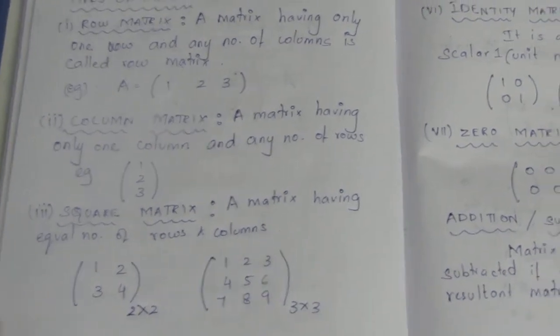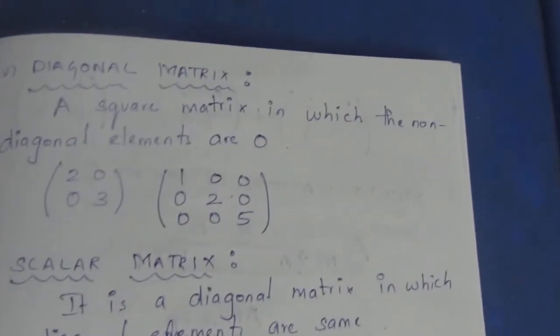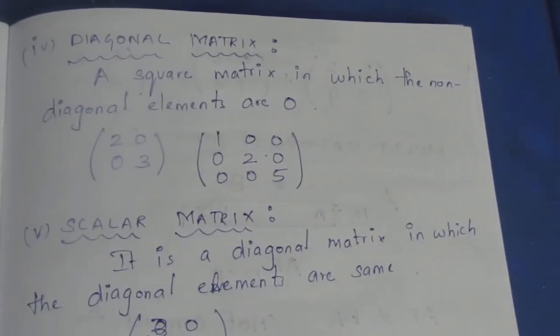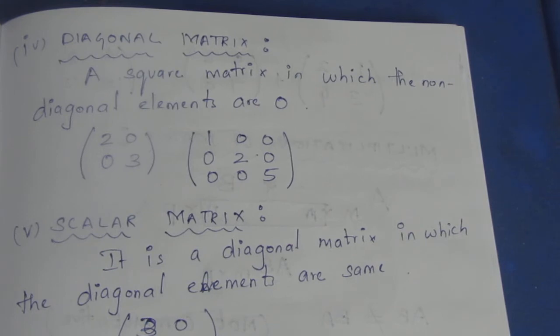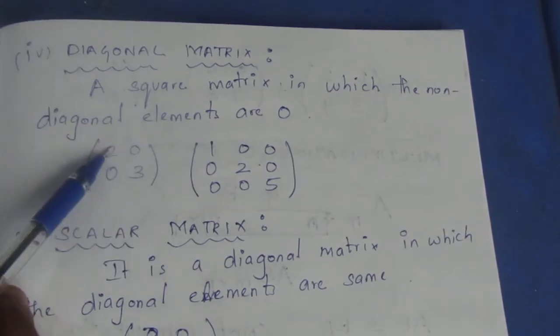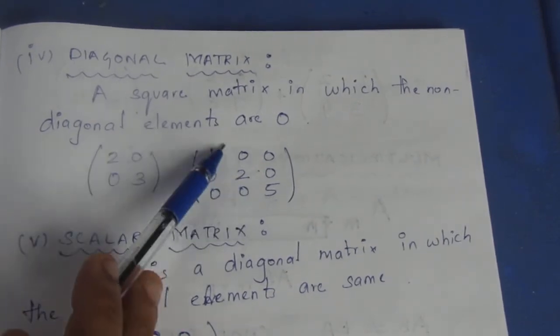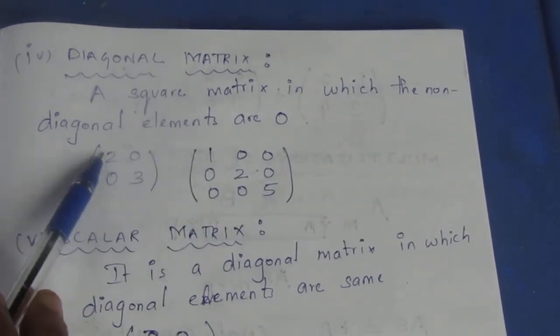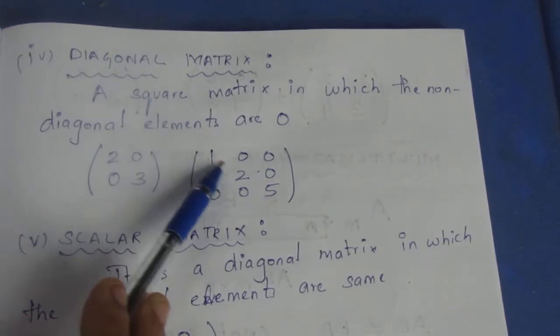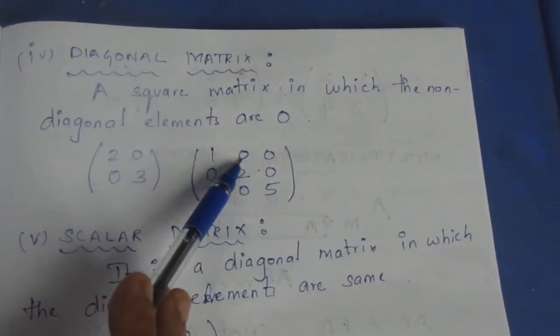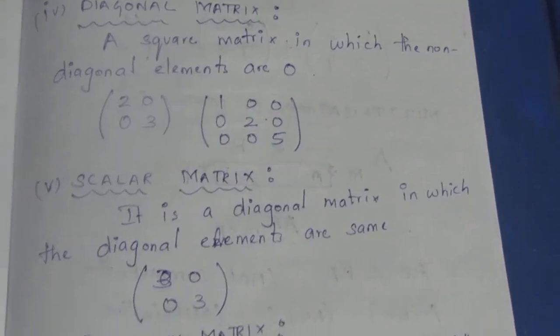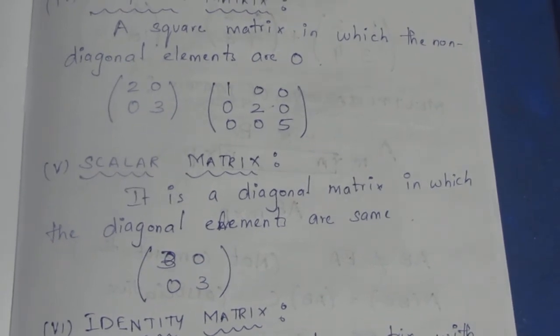Now we will see the diagonal matrix. A diagonal matrix is one where the non-zero elements, the numbers, are in the diagonal. The other elements will be 0. Here you can see numbers here. In the same way, we can see numbers here. The rest of them are 0. So non-zero elements in the diagonal, with the rest being zeros, means it is a diagonal matrix.